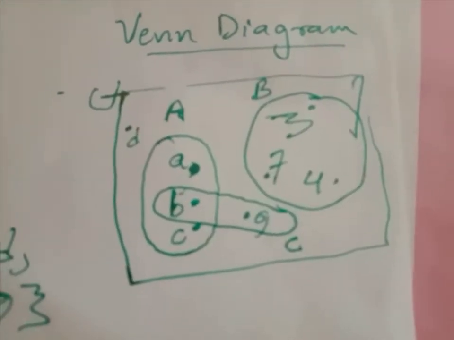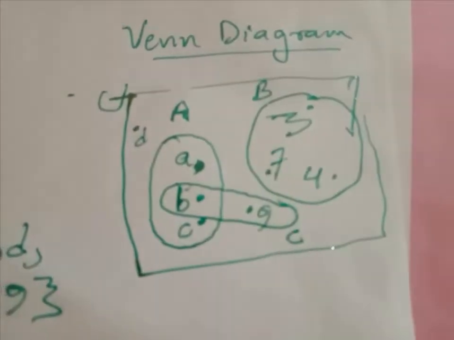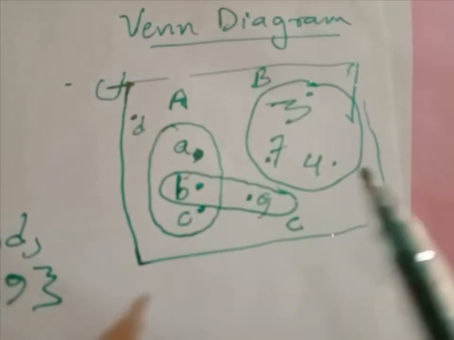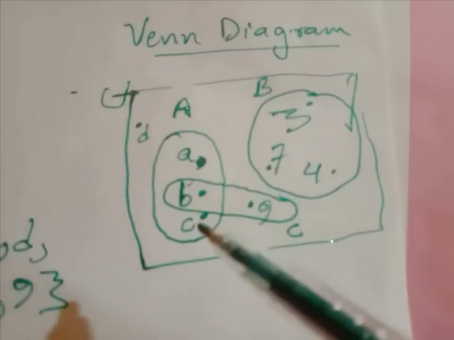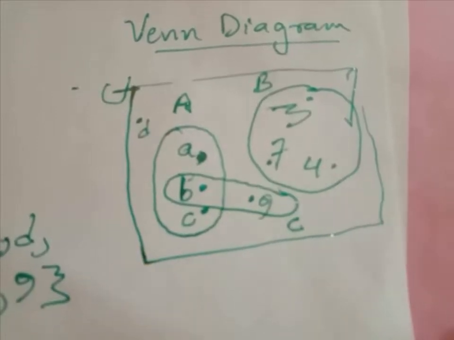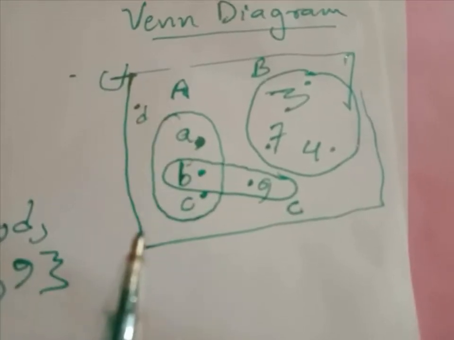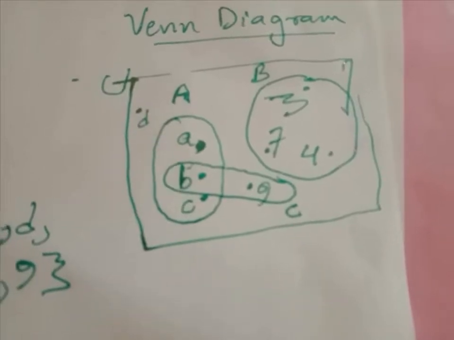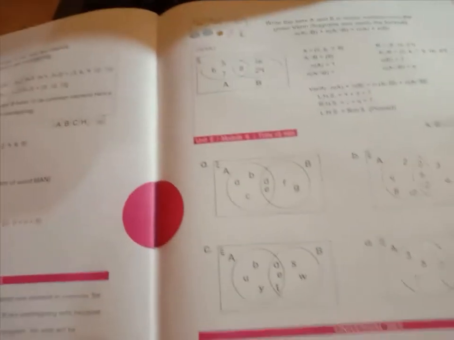Now in a Venn diagram, just see set A and set B do not have any common elements. That means set A and B are disjoint sets. So this is another method. By drawing a Venn diagram, you can easily check if two sets are disjoint or overlapping. Here B is a common element between the set A and the set C. So set A and C are overlapping sets. Keeping this in mind, now let us move on to module number 6.